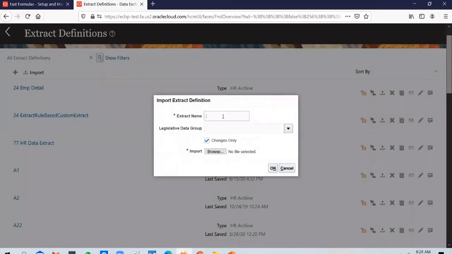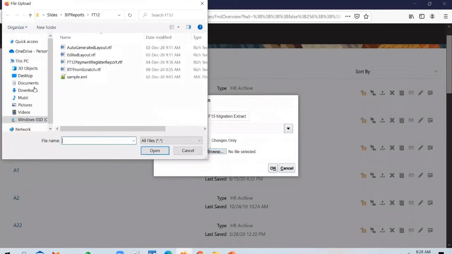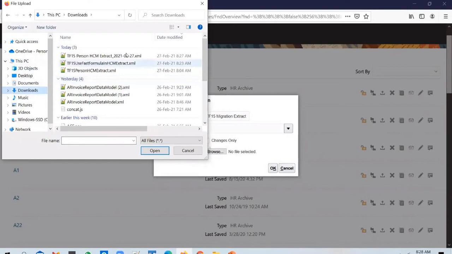If you click on import, you can give whatever name you want. You can say TF15 extract migration extract. You can untick the changes on the box, and search for the XML file that you have downloaded. This is an HCM extract definition file that I have exported from the dev instance.